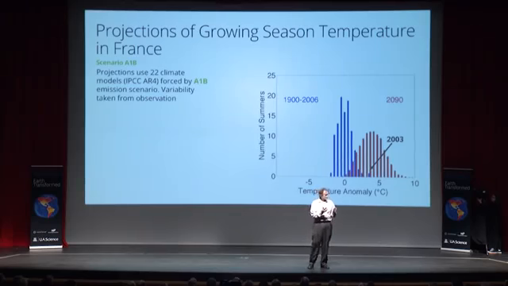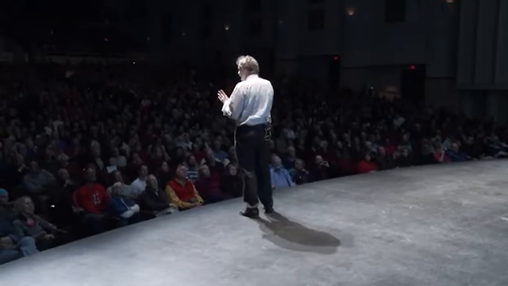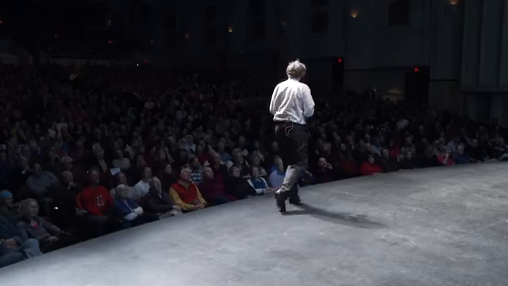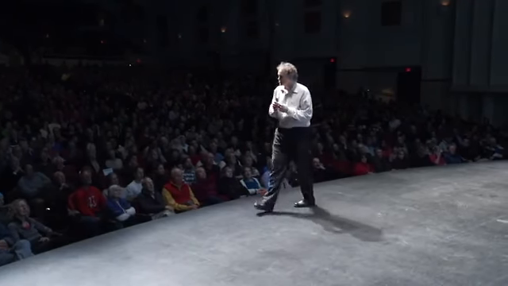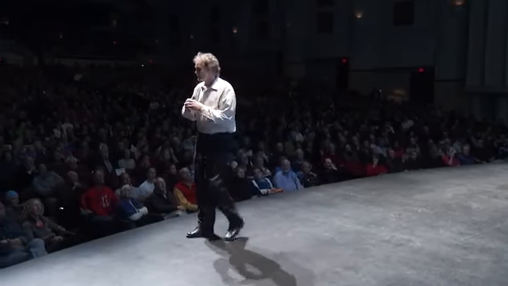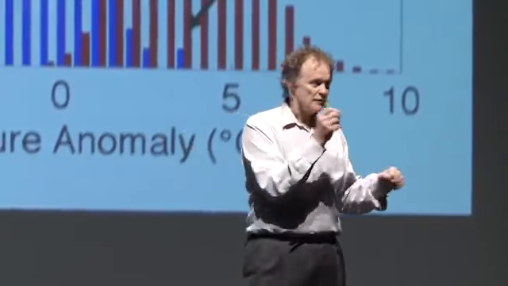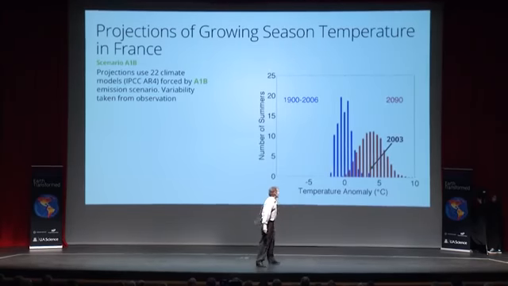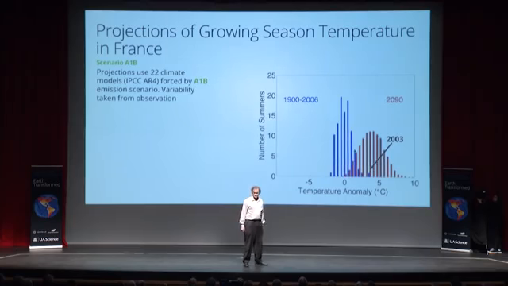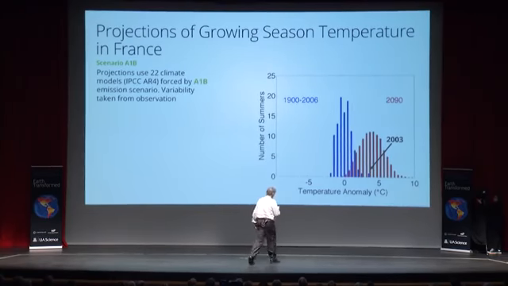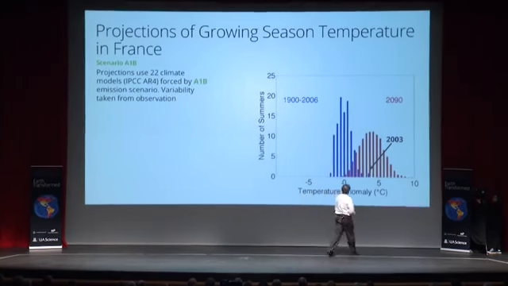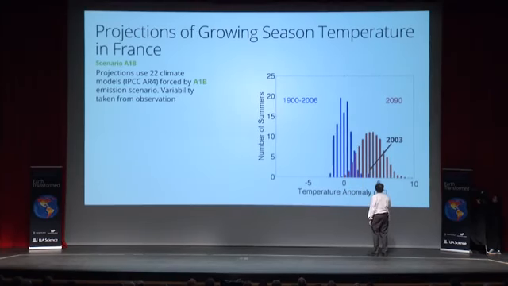So what I did is I assumed that the natural year-to-year variability doesn't change, but you just shift the mean. And every climate model tells you the mean shifts by a different amount. I collected all the climate models and said, what if the variability doesn't change, but I'm just shifting where the mean is? So it's a new mean temperature, but the same year-to-year variability. I calculate what that distribution looks like for 107 summers at the end of the century, and that's what it looks like. So we know this already. The most likely scenario is it looks like 2003.